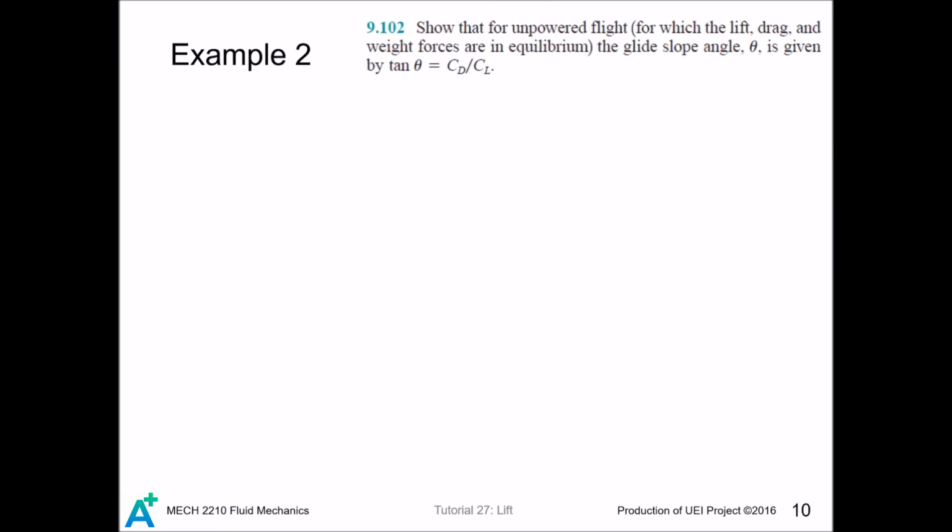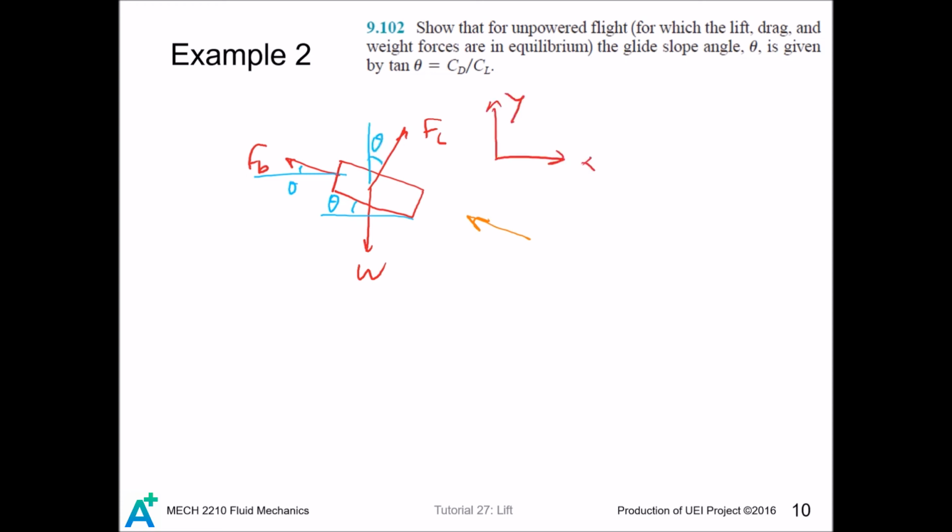And we have another easy example. If we have an airplane in glide condition and the wind is blowing this way, directly ahead of the plane, then this is the drag force and this is the lift. So if this is the glide angle, and we set our new coordinate system and do force balance along the x direction,